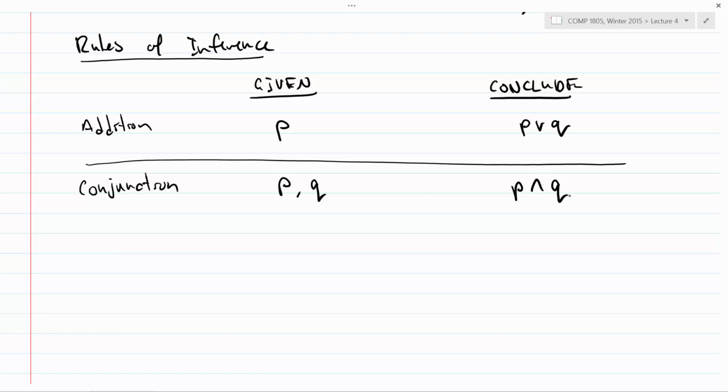Can you explain the addition more? Yeah, so if you knew for a fact that P was true, well then P or anything else is true, because a disjunction is true when at least one of the things is true, and I'm telling you that this thing is true.